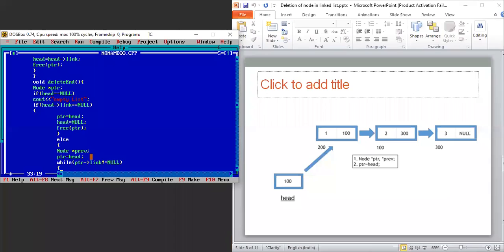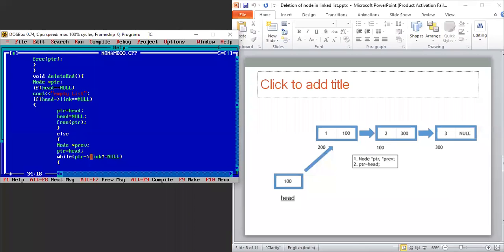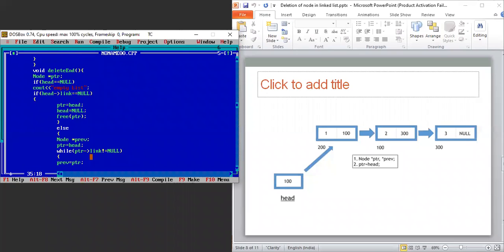So here you can see that when I get that null part, we will assign the value of that PTR to the previous node, and PTR will now link to the next node, that is, PTR equals PTR link part.